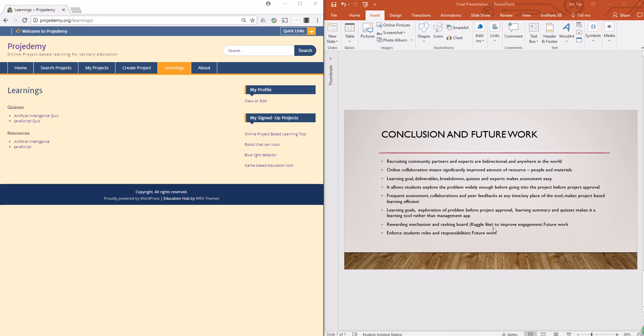The rewarding mechanism and the ranking board are very important to improve the engagement, which is the future work of this prototype. Future work also includes enforcement of the students' roles and responsibilities in the project. Thank you very much for